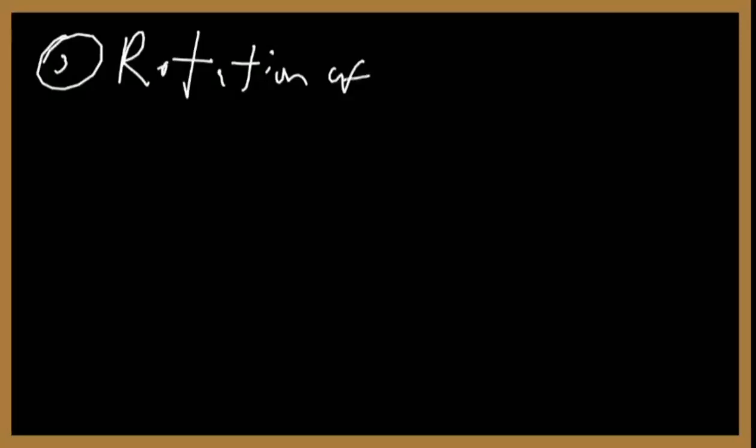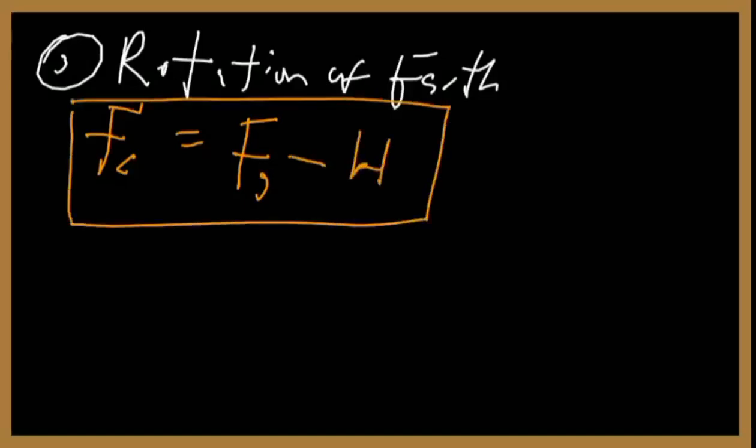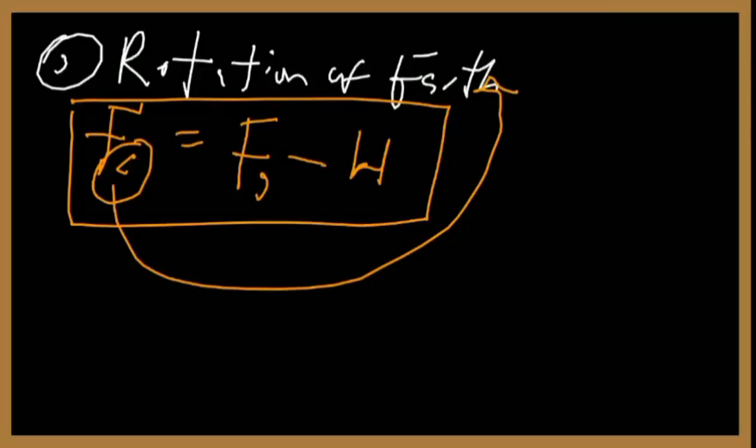The last factor is the rotation of the earth about its axis. So how does this affect the weight of an object? Note this equation: the centripetal force is equal to what? The force of attraction minus the weight of the object. So look at this. From here you can say this centripetal force is from the rotation of the body, and